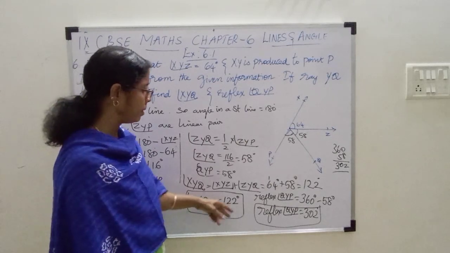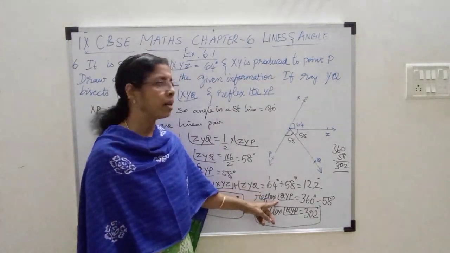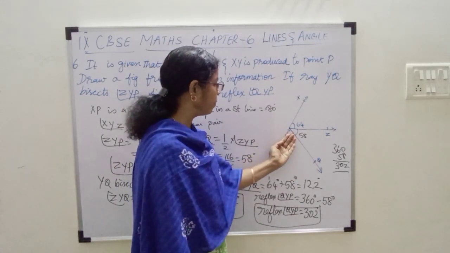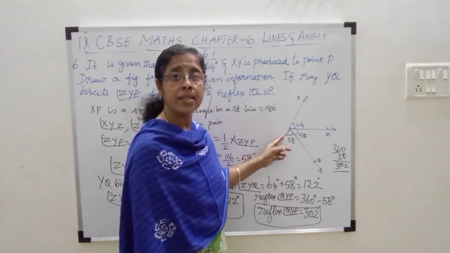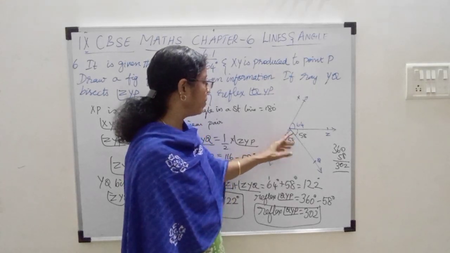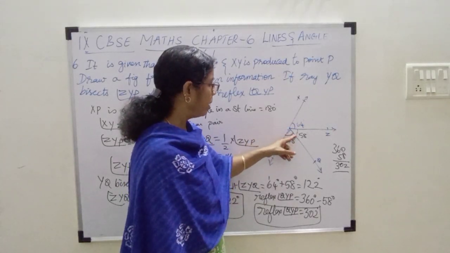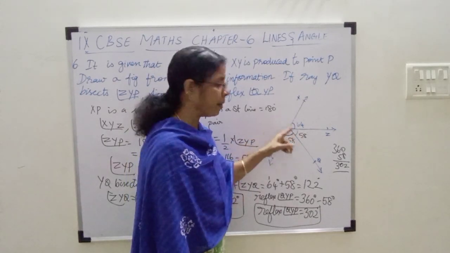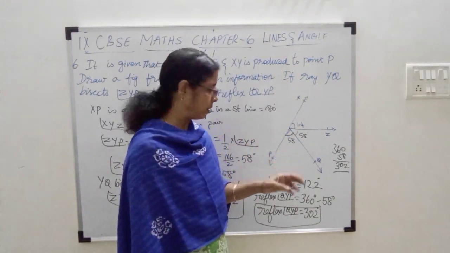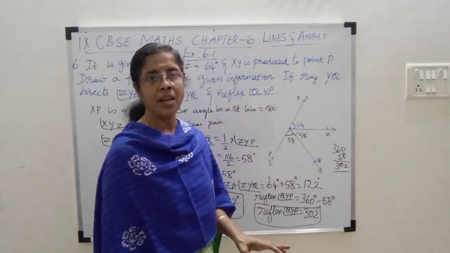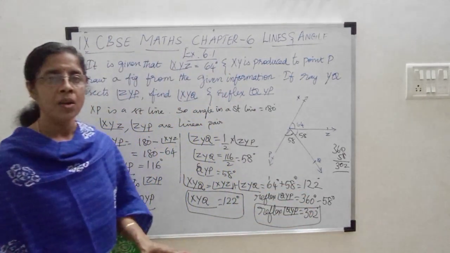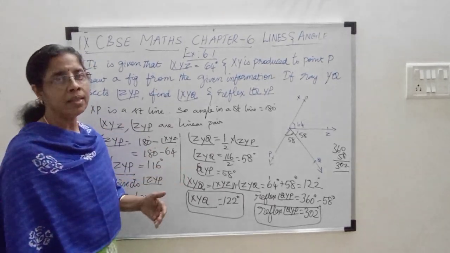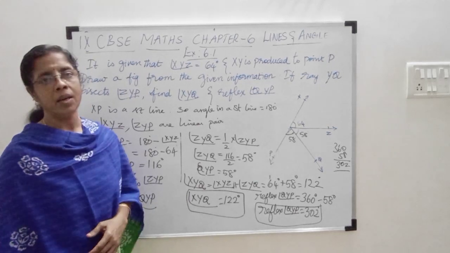The next job is to find out the reflex of angle QYP. I told you, reflex of angle QYP is leaving this 58, the angle around the point is equal to 360 degree. When you leave this, the remaining will be lying here. So 360 minus 58 will give you the measurement of the remaining part. That is nothing but 302 degree. I think you can understand this. Go through it, please don't memorize. Just go through and then you can follow it easily. Okay, thank you.